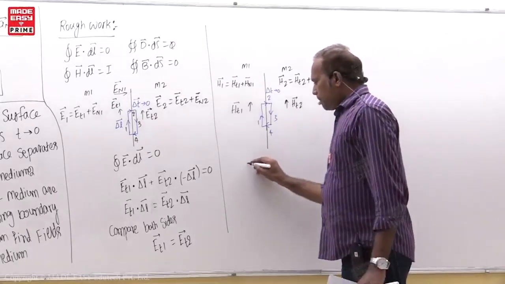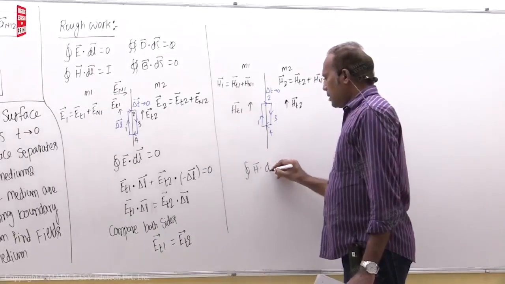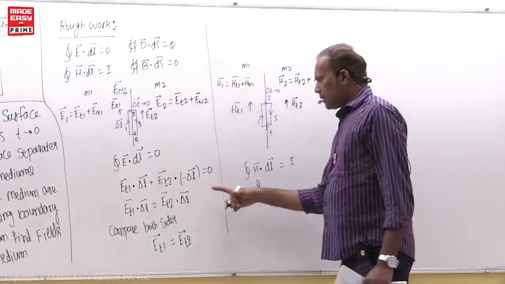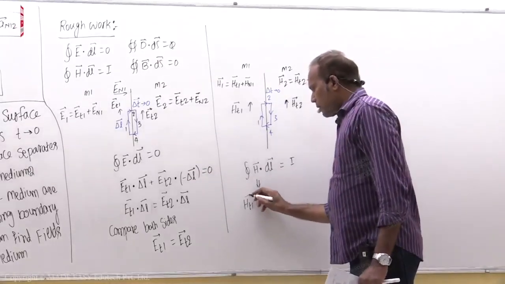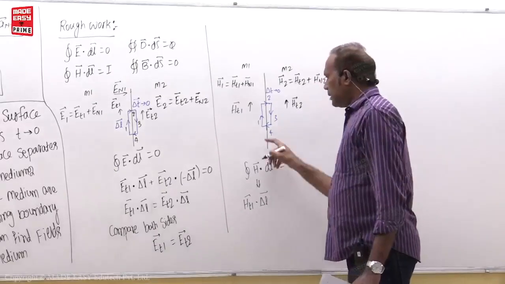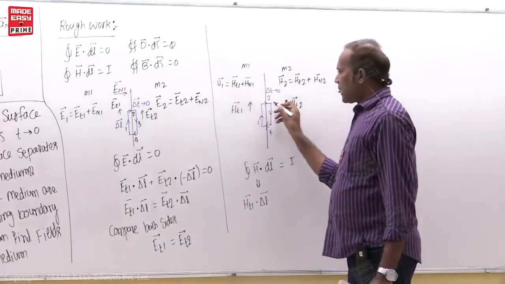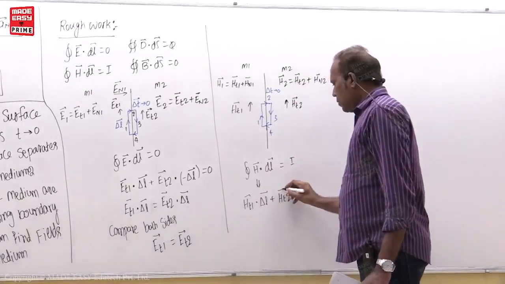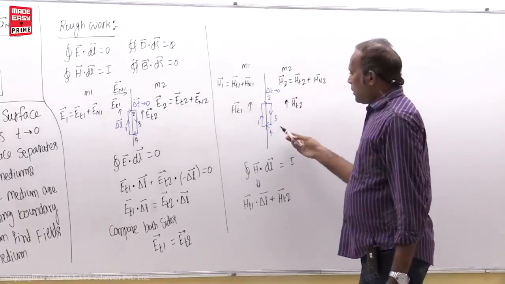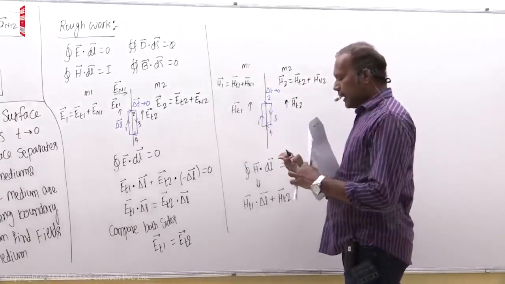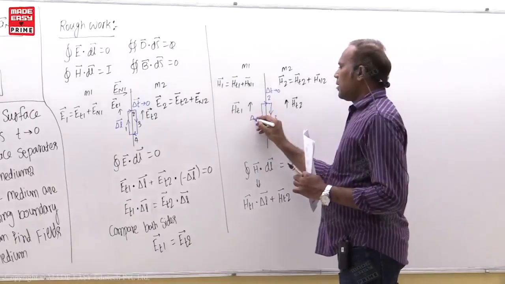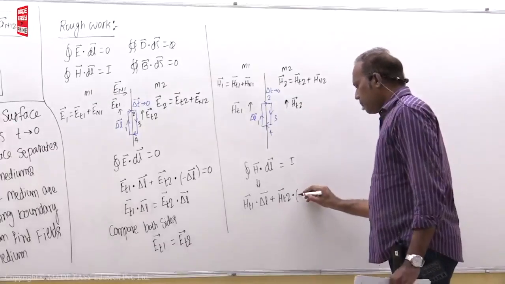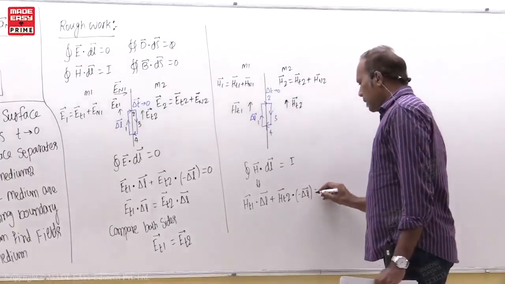Now closed integral of H dot dl is equal to I. If you write this similar to this, same Ht1 dot delta L on this line 1. For line 2, because delta t tends to 0, it becomes 0. So plus Ht2 for this one, but you take this as delta L bar upwards, then downwards is minus delta L bar. So dot minus delta L bar, that is equal to